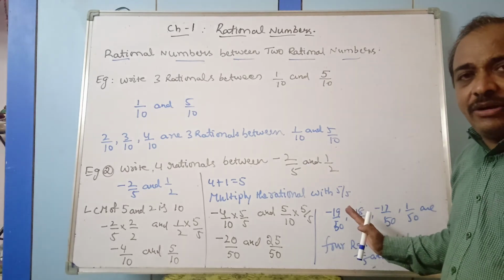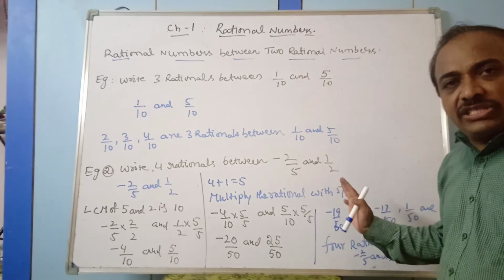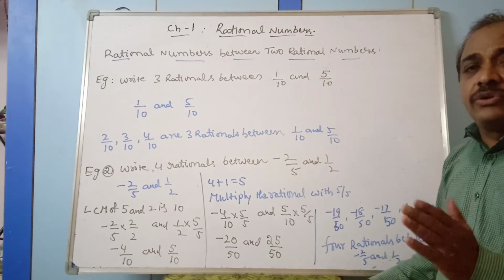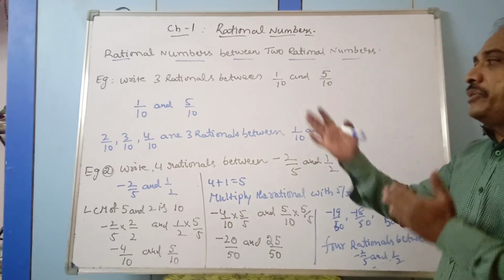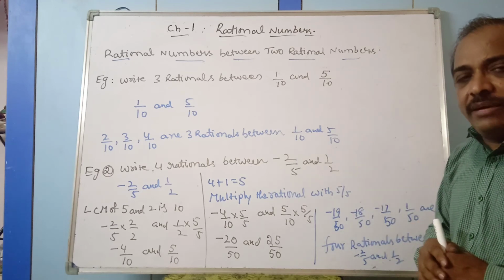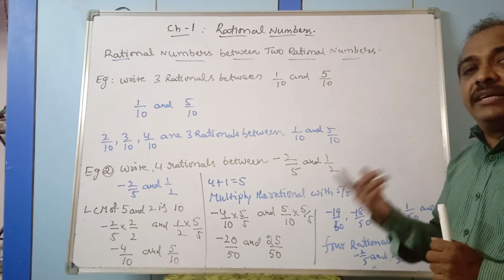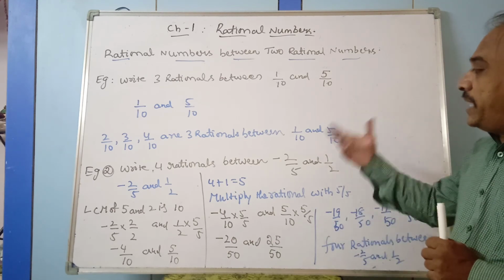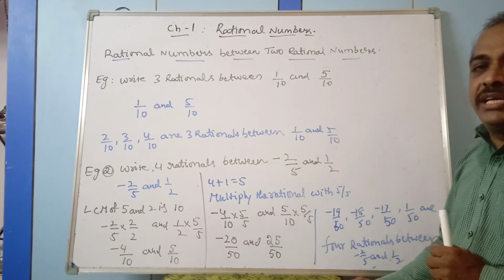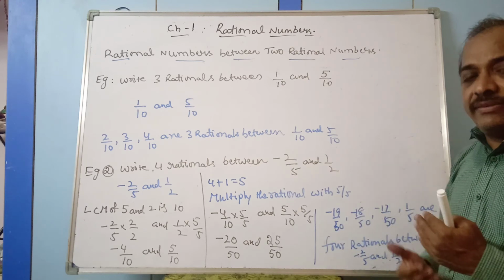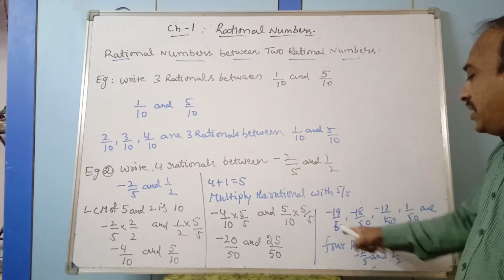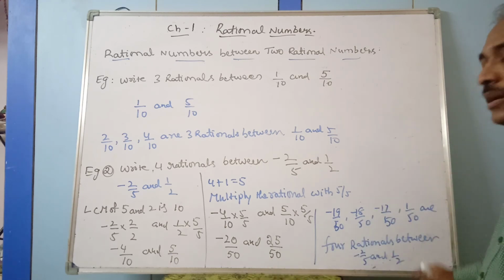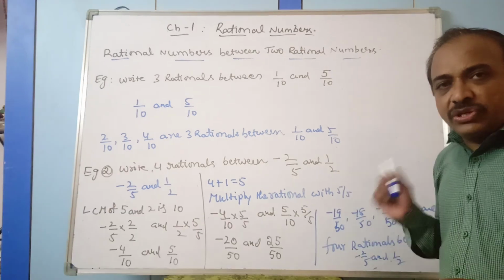I hope it is clear now. Is it clear how to find rational numbers between the given rationals? First you have to convert them. If they are like, then you can multiply with the given number. If they are unlike, then convert them into like by taking LCM. Then, by how many they are asking, take one more extra, multiply with 6 by 6 or 7 by 7, and find the rationals lying between them. Is it clear, children? Right. I hope you understood.